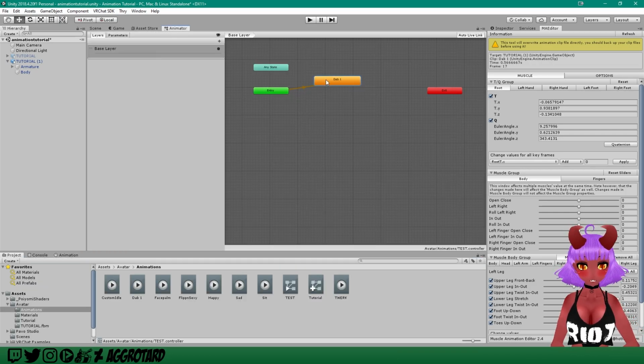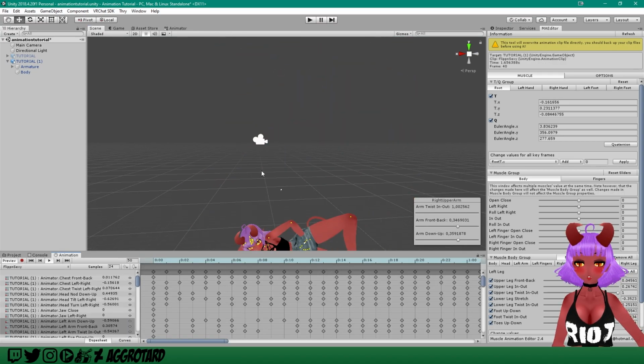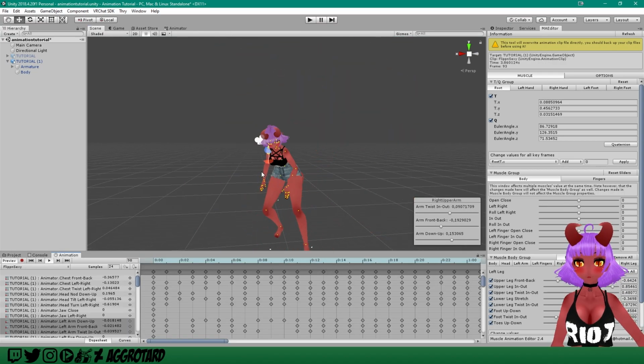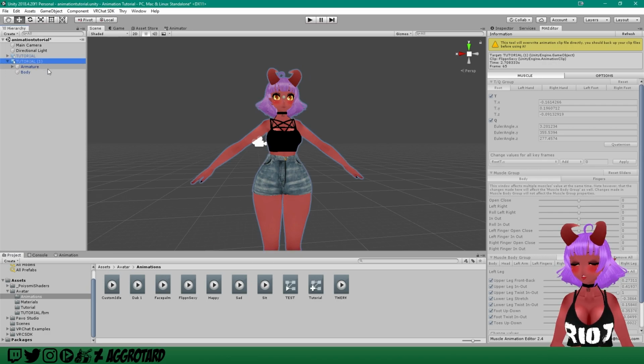Let's check the rest. Maybe flippin' sexy. I think this is a Fortnite emote. There you go. It works just fine. And there we go. Now we have all our animations we want to use. So we are done with our little copy